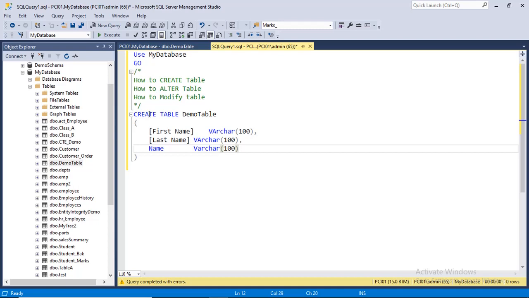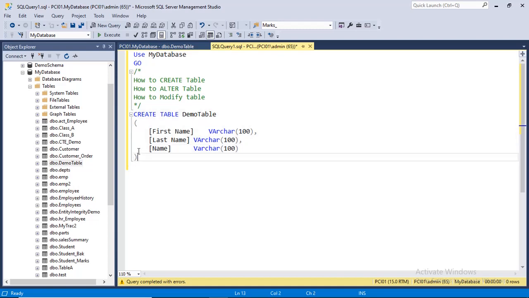So you cannot use these keywords or reserved words for naming the table or the columns. But if you still want to name that column with a keyword, you can do that. How? Enclose it with square brackets. So this is valid now. These are the rules you have to keep in your mind.